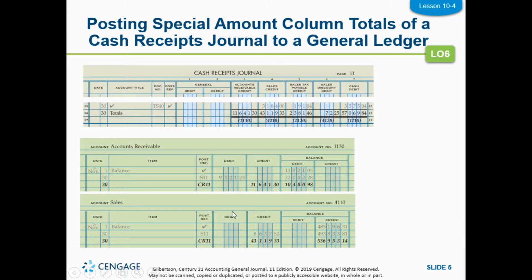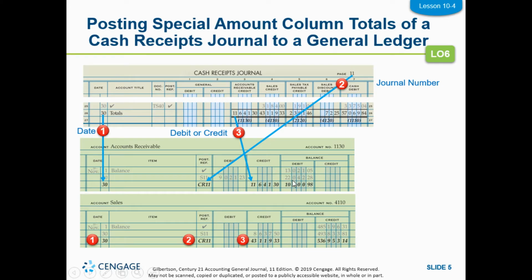Then, posting special amount column totals of cash receipts journal. So we've posted our individual entries to the subsidiary ledger in our cash receipts journal to our various customers who paid us on account. Now we're taking our totals, in this case, accounts receivable, sales. We're going to get sales tax payable and sales tax credit, sales discount debit and cash debit in here as well. But here we're posting source reference, in this case, accounts receivable credit,